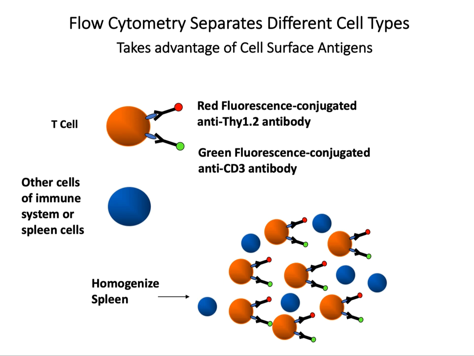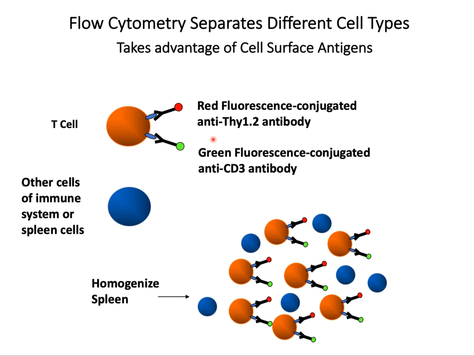Flow cytometry takes advantage of proteins that are on the surface of the cells of interest. For example, say you are interested in studying the T cells from the spleen. The T cells have on their surface two proteins, say Thy1 and CD3. These two surface proteins are unique to the T cells and are not found on the surface of other cells of the spleen. So flow cytometry exploits this uniqueness to isolate T cells from this heterogeneous cell population of the